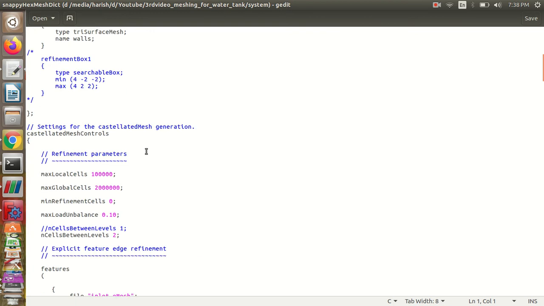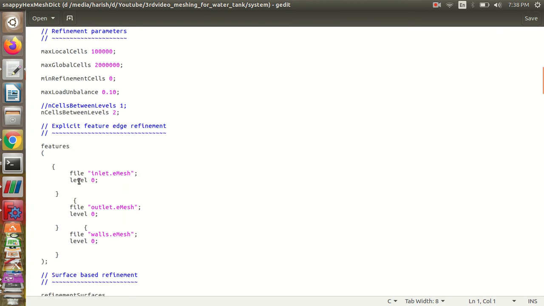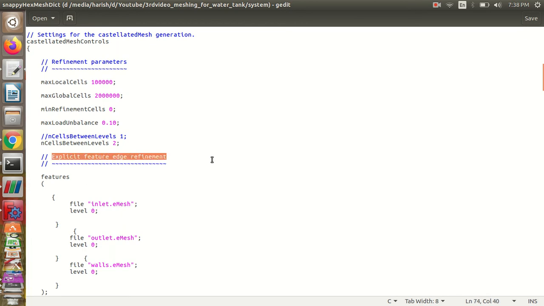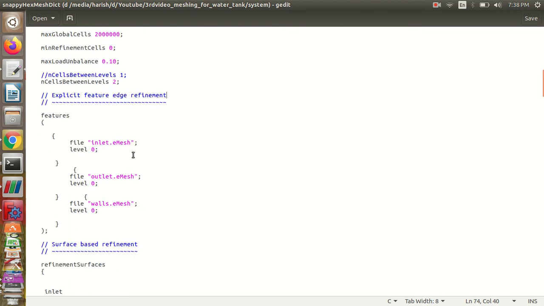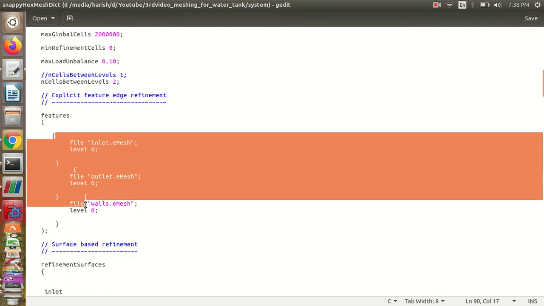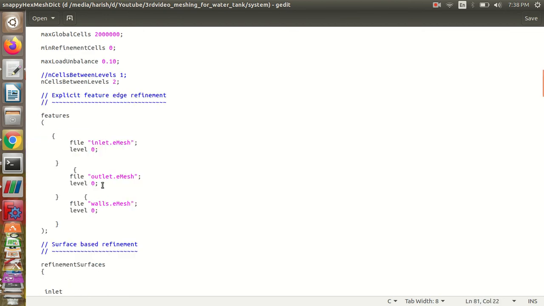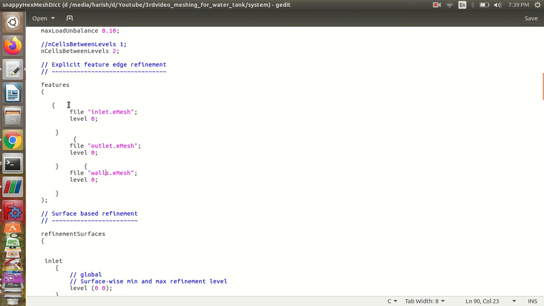This is for the explicit feature edge refinement. This is for the surface features, not for the inside object. That means inside the domain, it's only for the surfaces. So only 3 patches are there, right? Your inlet, outlet and walls, for which you are going to explicitly perform the surface feature edge refinement.